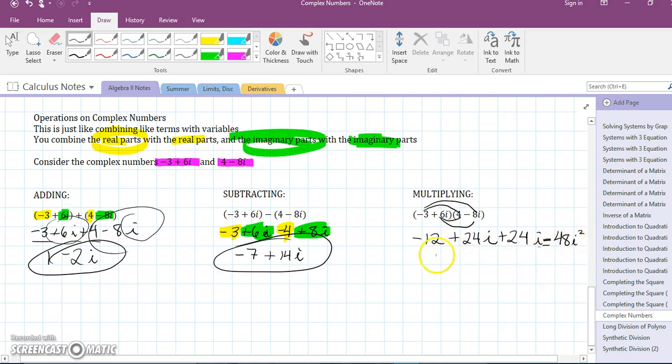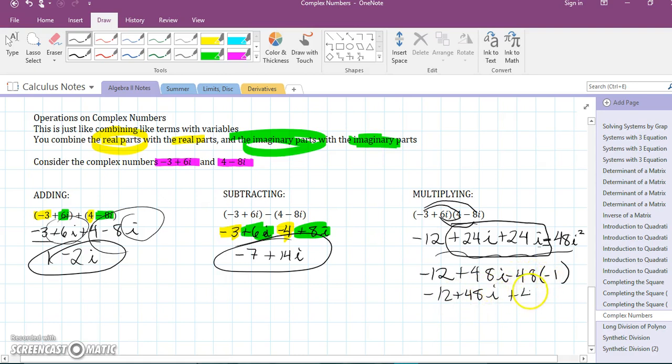Now we do not want to leave our answer like this. This is very unsimplified. So let's start by combining our two imaginary parts. That would be 48i. Now -48i squared. I'm not going to keep it as i squared because i squared is equal to -1. If you look at your powers of i chart, you'll see that i squared is -1. And then this actually turns into